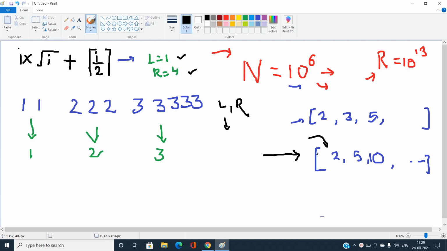I'm just talking about the minimum index I in the array of prefix sums such that the value is greater than or equal to L. And similarly, what is the minimum index such that the value present at that index should be greater than or equal to R.